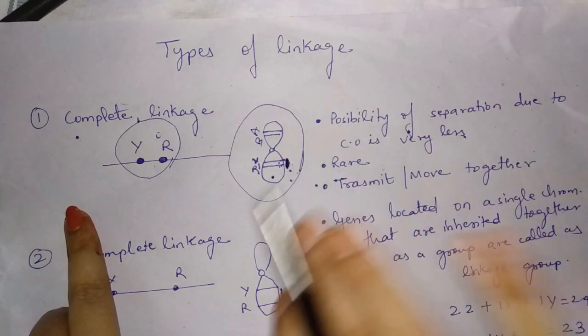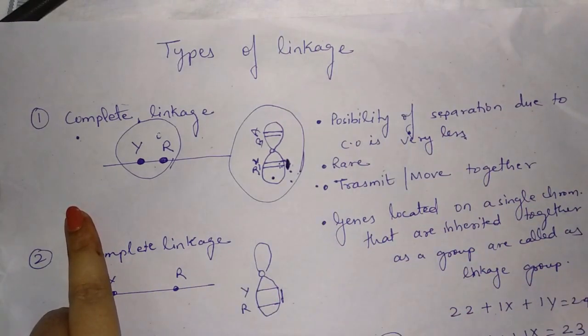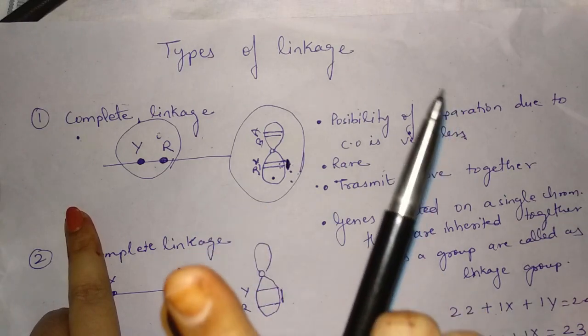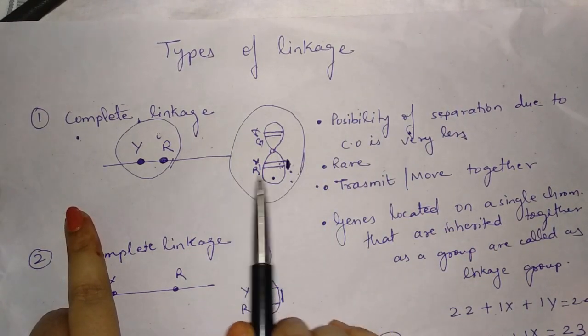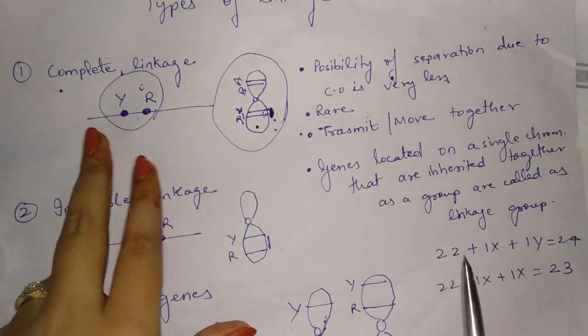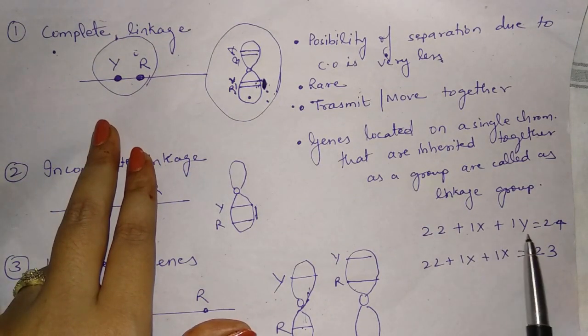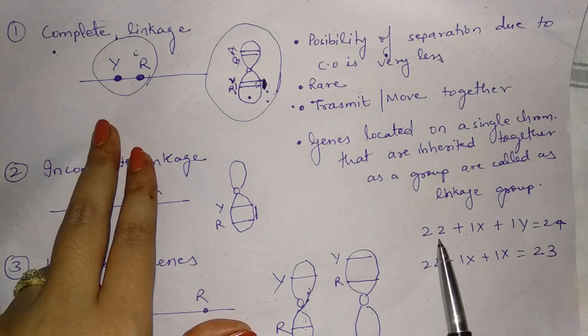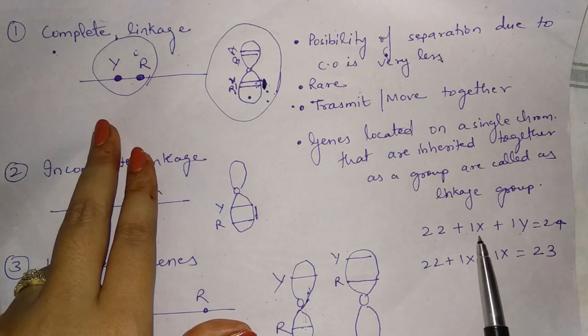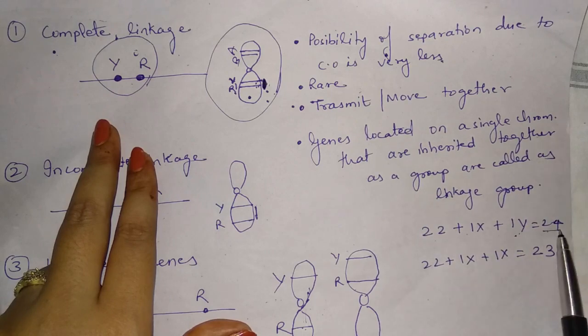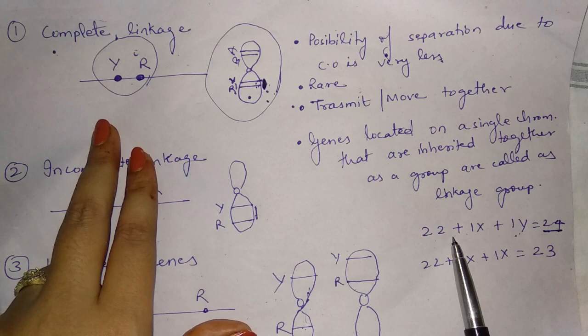And as there are homologous chromosomes, the linked genes of homologous chromosomes belong to a single linkage group as they are similar. So in case of males, there are 22 autosomes, one X chromosome and one Y chromosome. So there are 22 homologous chromosomes of autosomes plus 1 X plus 1 Y. Therefore 22 plus 1 plus 1 is 24. So there are 24 linkage groups in case of males.